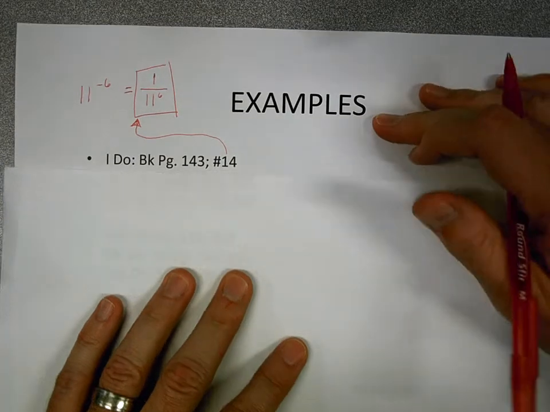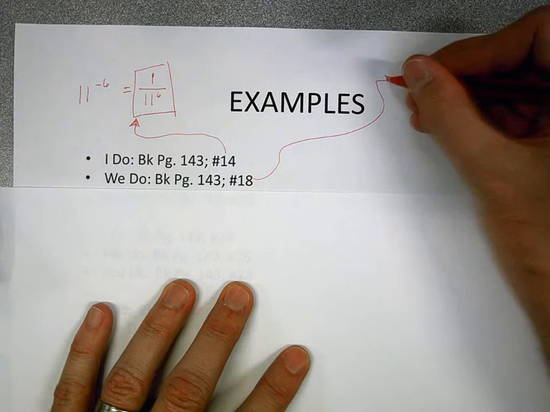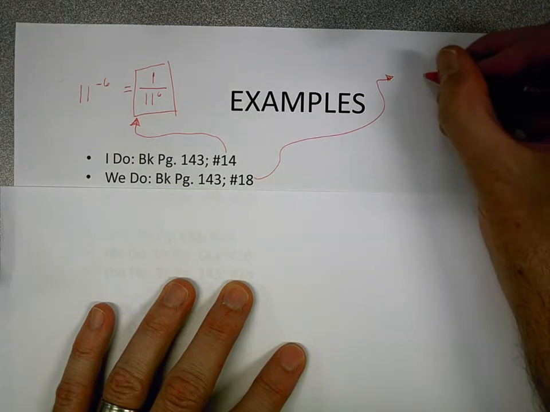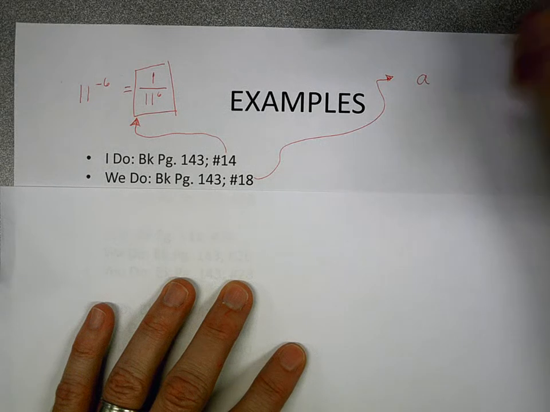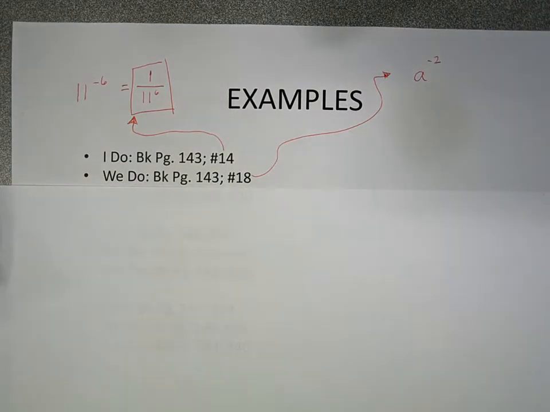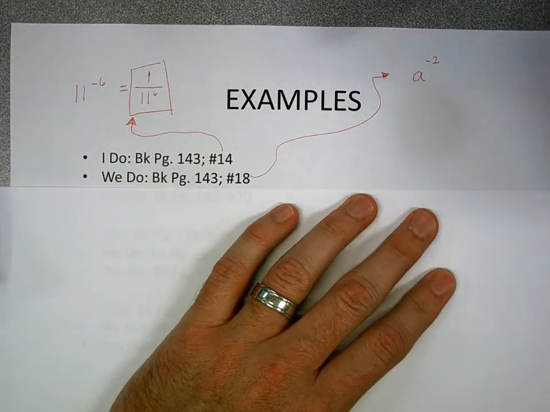So here's what I want to take a look at. We'll go step by step on number 18 here. Number 18, same kind of problem, but this time we have a variable, a to the negative 2nd power. All right, so here we go. You can almost say this is 2 easier steps here. So we could just say,